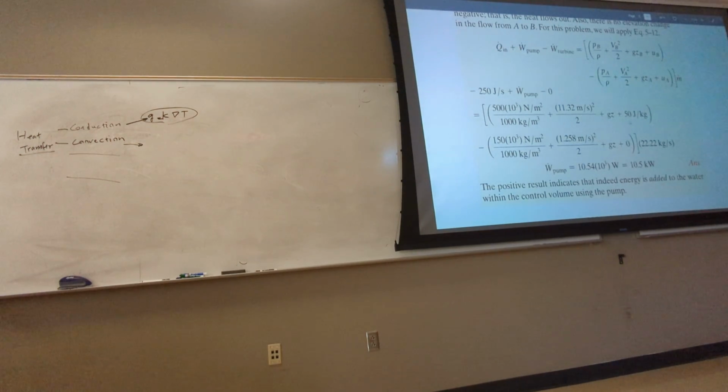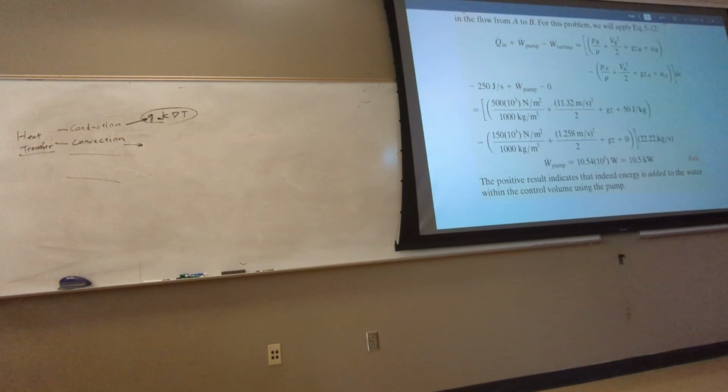Because you have the lost U2, the filter, right? In that case, they give it to you. Why don't you use it? So that's what we put here, multiplied by m dot, and we already have m dot, 22 kilograms per second. After you do this multiplication, you find the work done by the pump is 10 kilowatt.